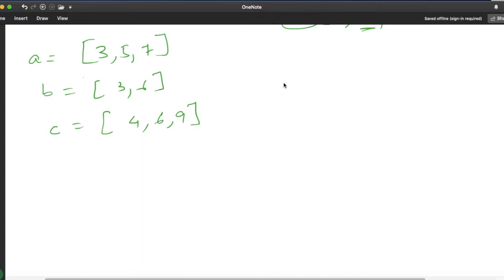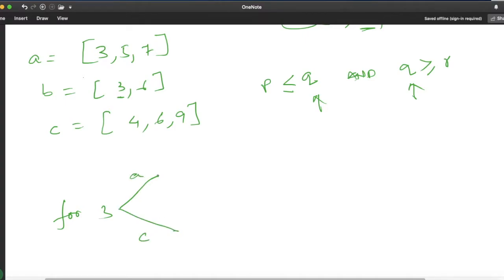Here our condition is Q should be greater than or equal to P and Q should also be greater than or equal to R. Means our main condition check is for Q. So let us start from Q. This Q is the element from B. So let us pick the very first element 3. So for 3, we will make the combination from A and from C.